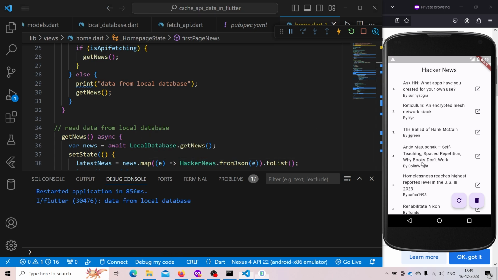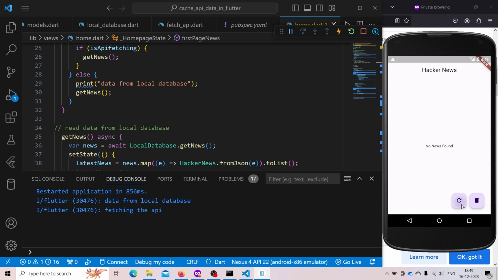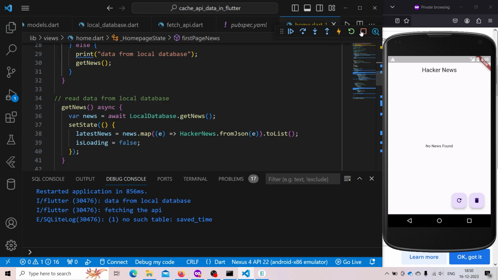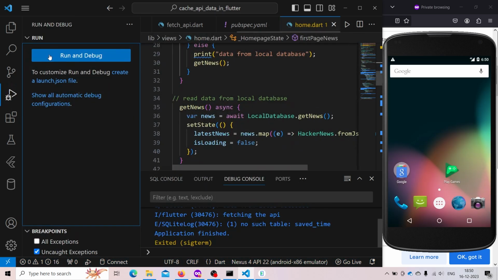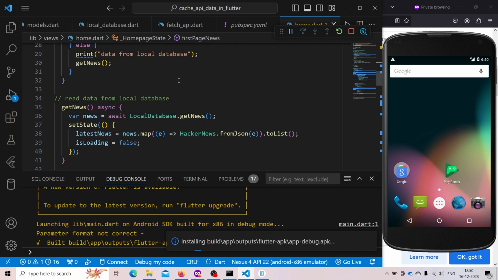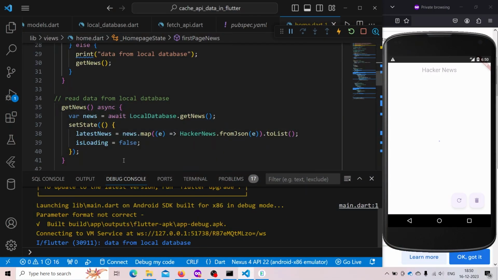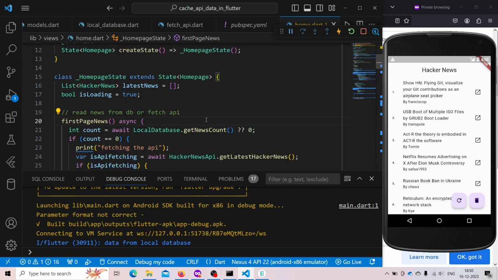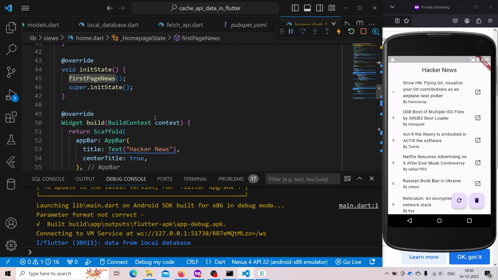Now here we are reading the data from our database. Let's just delete the data and refresh it, and it's saying that no such table exists. I think we should stop the app and rerun the application again. So now our data is coming from the local database. So if we call this first page news function,